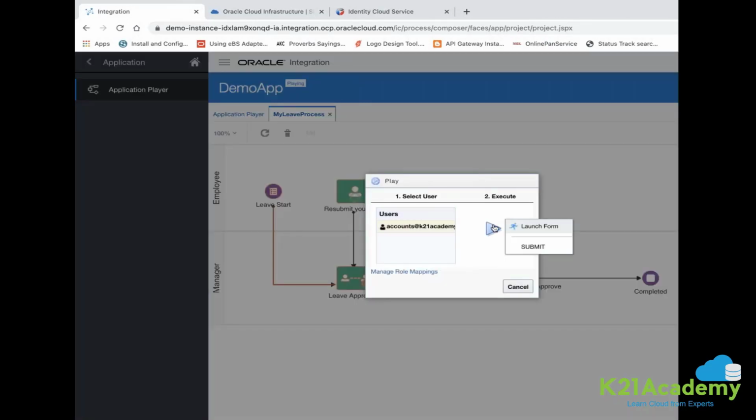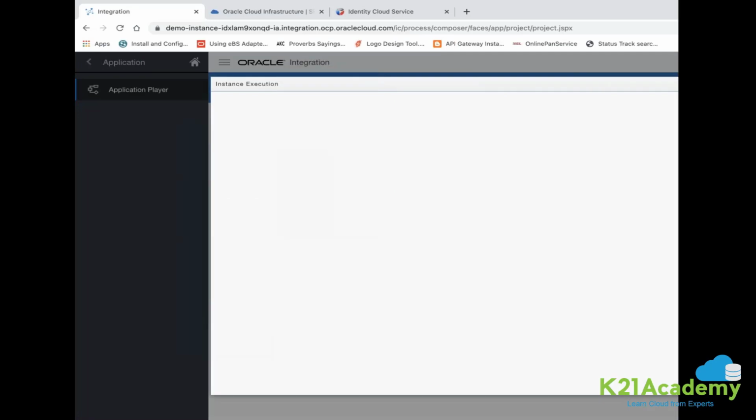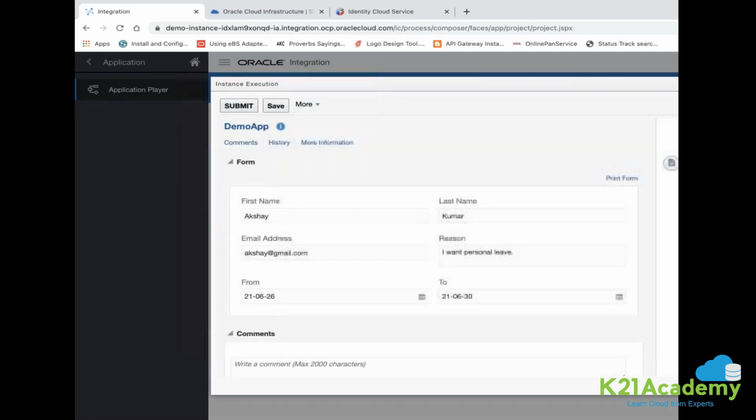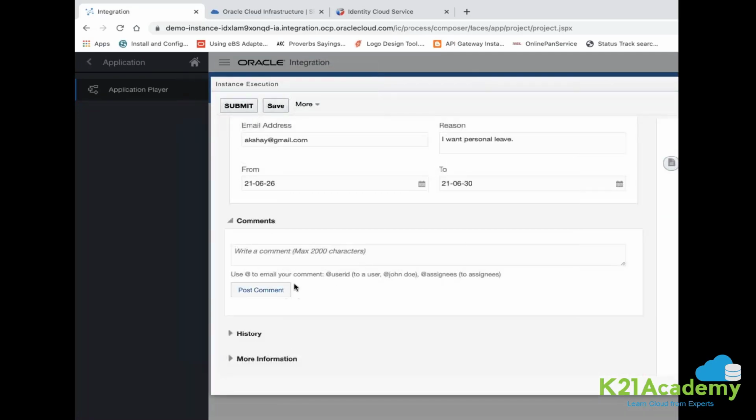And now here I'm on this, and now click on this launch form. Oh, actually, why I'm not able to see the comment here, because I have not clicked on the post. So you have to click on post.